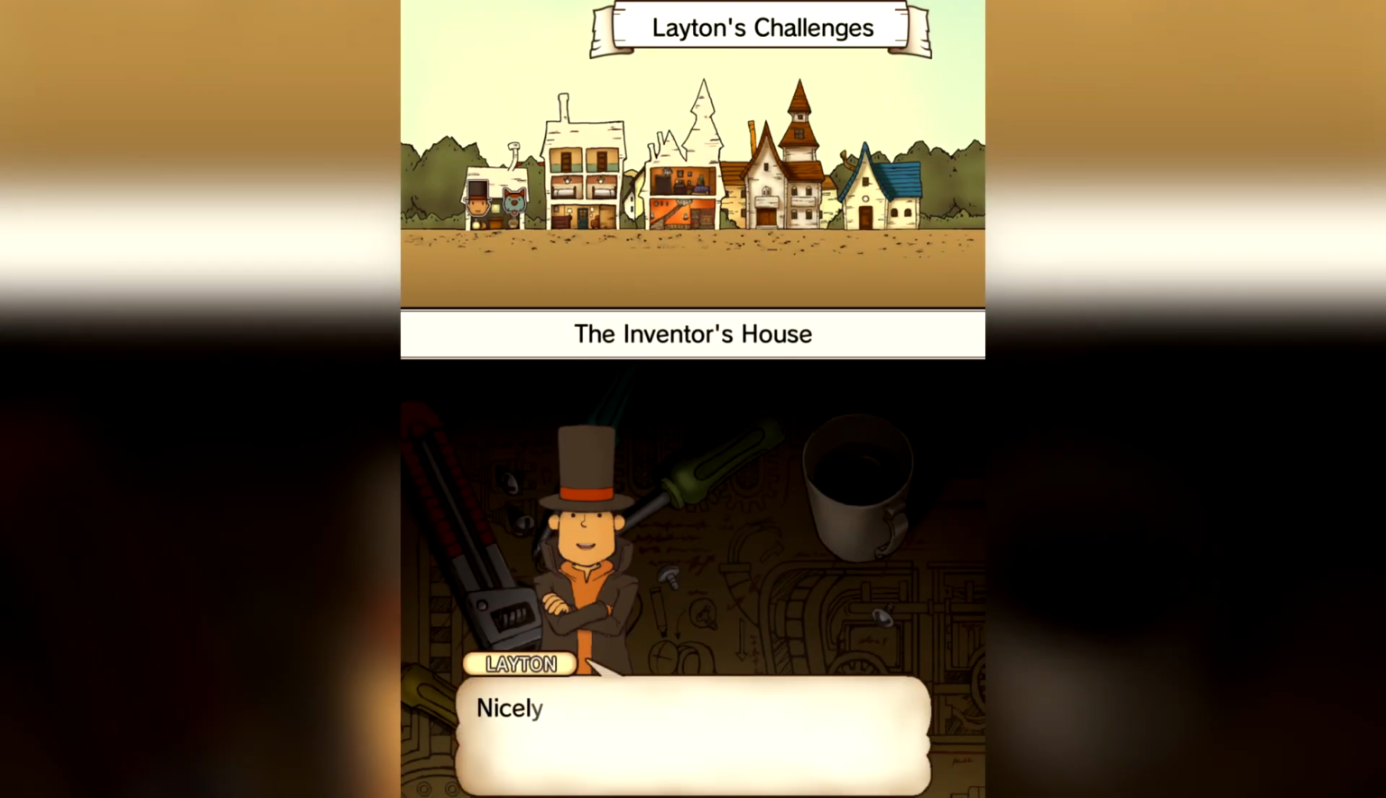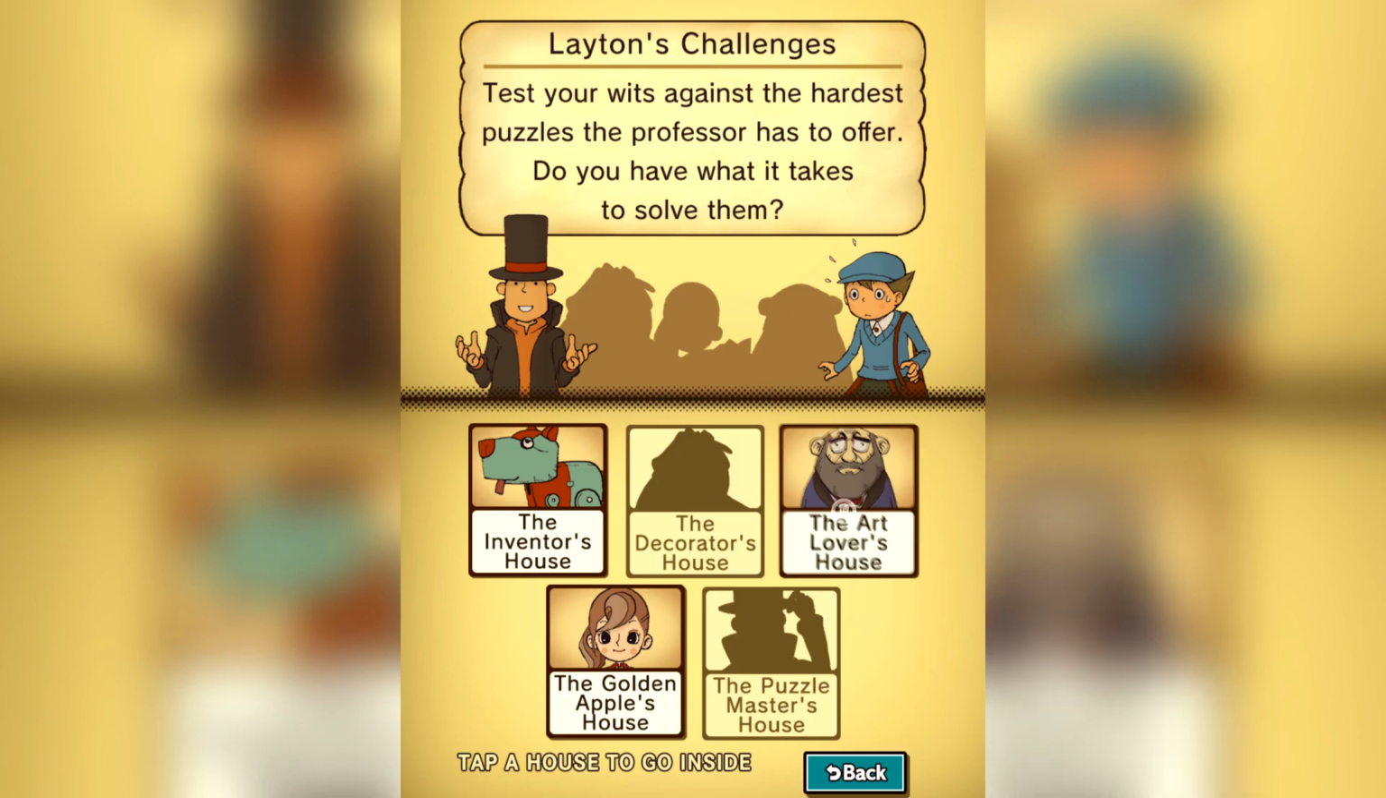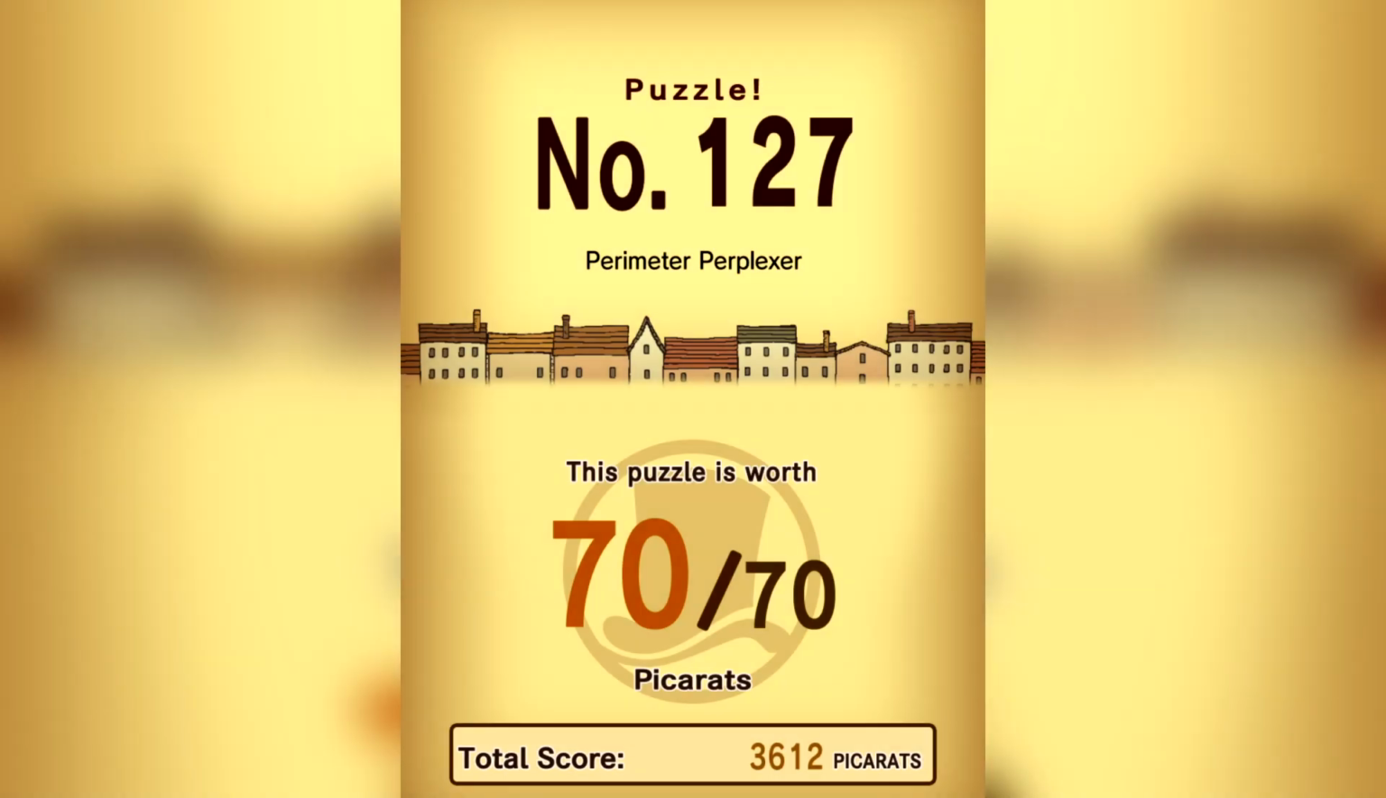Alright. Nicely done. Your skills are going by leaps and bounds, my boy. Okay, so that's all for this house. Moving on to the art lover's house, Perimeter Perplexer. Come on, give it a go. I am more than happy to give it a go. Have we had a puzzle that was of higher picker-out value than 70 yet? I don't actually think we have. I think 70 is the highest it's gone up until this point. So, yeah, just something worth noting. Anyway,